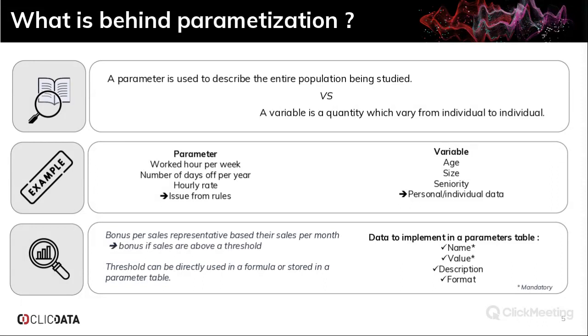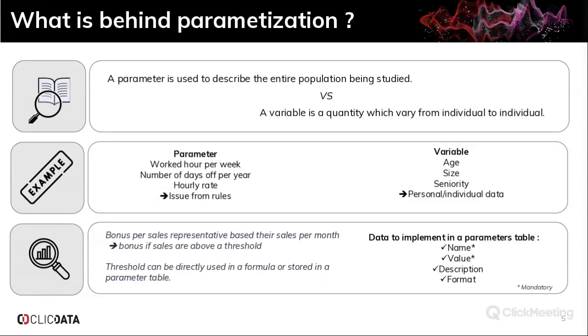So these are two really distinct things. We are really used to using variables in our data, and sometimes we can have parameters. In terms of a concrete example,